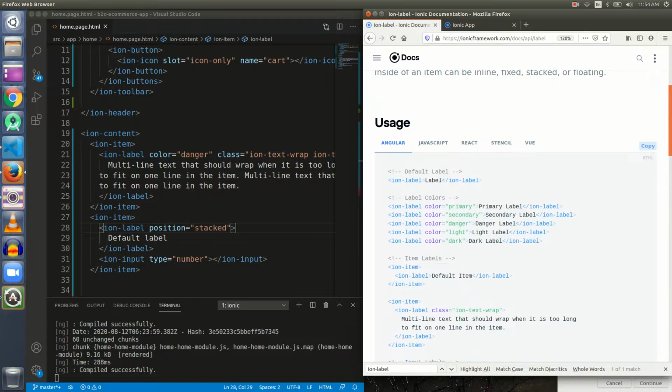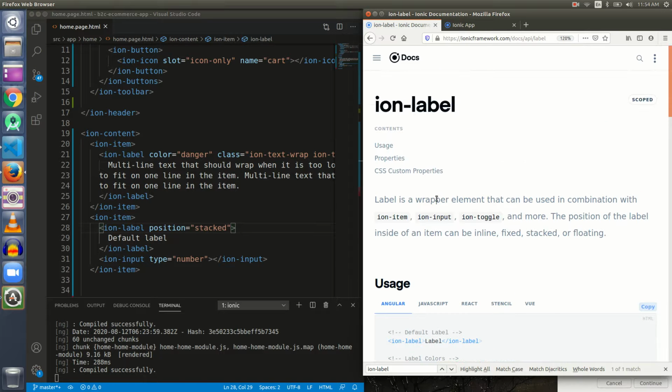It is a limited description element, and we can use it inside an ion-item to display small information with an ion-input or with an ion-toggle and some more elements. So this marks the end of ion-label, but I want to take you to some more tags that are used to display text, because when you are writing code, designing a UI, there are many UI components that seem similar in nature, but when you go through them, you will feel the difference.